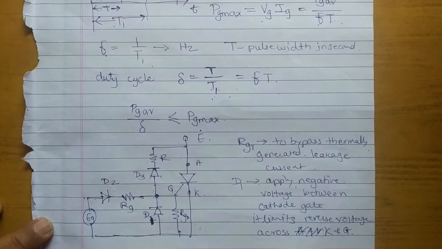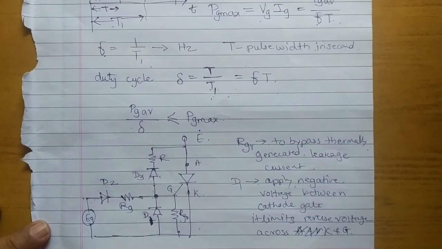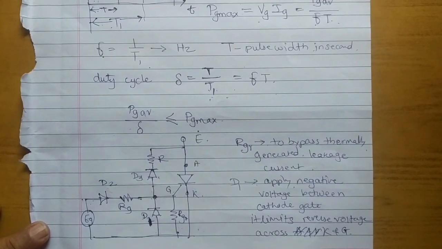Okay, so this is just a normal triggering circuit that we have to take into account. So here the gate characteristic of SCR will give you the design of the gate firing circuit. As per this consideration, we have to design the gate firing circuit.